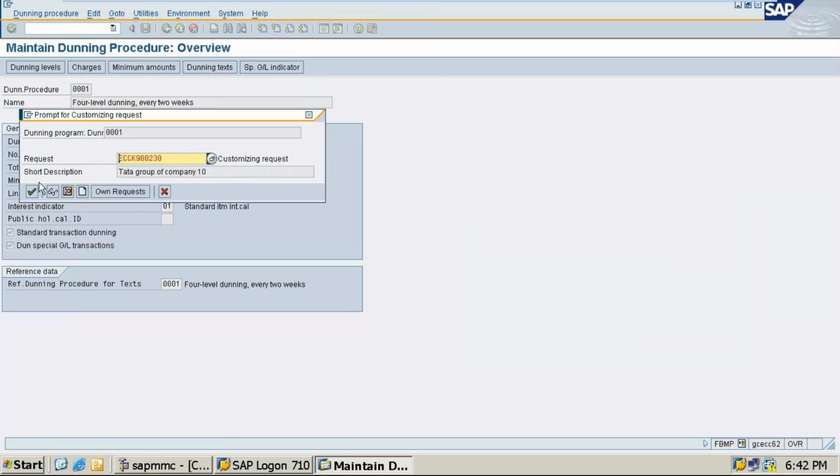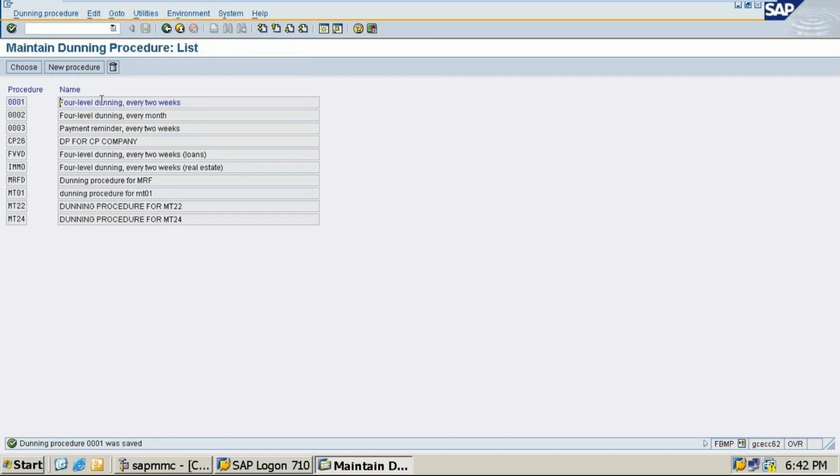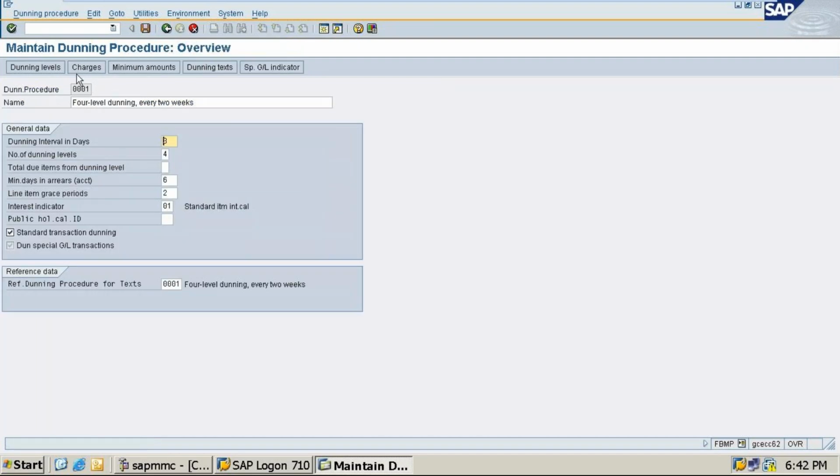Okay, we are saving now with the company code. So this we have done. This is zero. First one, you remember, dunning procedure every 2 weeks. Then double click on the dunning procedure. Go to the